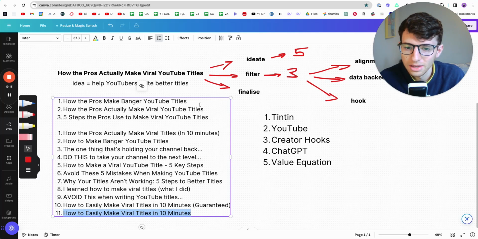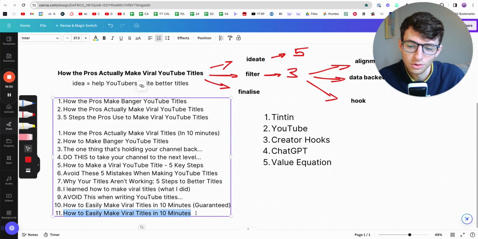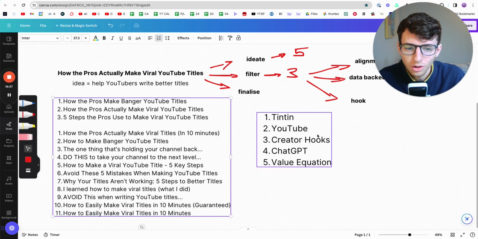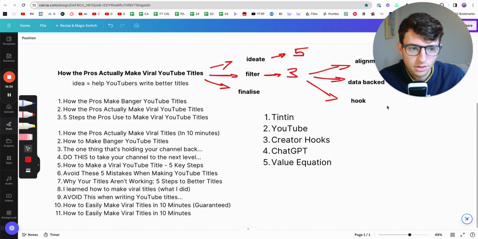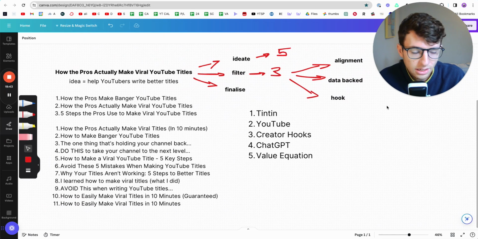I want to make something that is a bit more friendly and leverages a more downplayed version of this, rather than going over the top. There's so much of this kind of thing on YouTube that I actually want to go the opposite direction, with a slightly more downplayed version of the title. So a lot of the knowledge here, a lot of the data-backed stuff, comes from just understanding what is out there already in your niche.